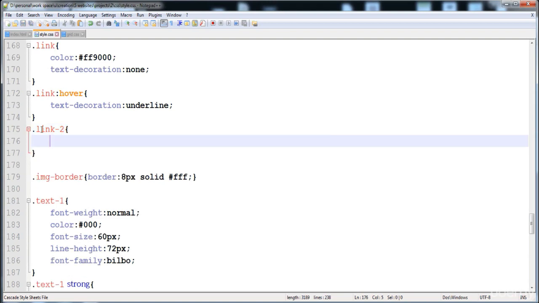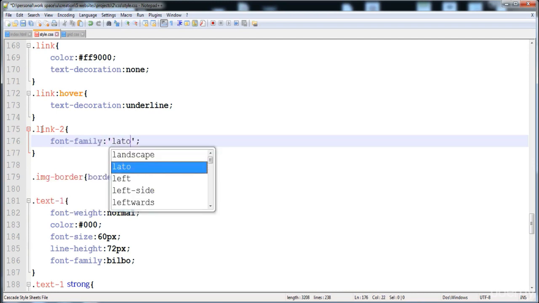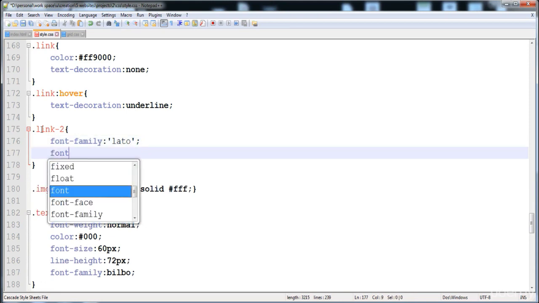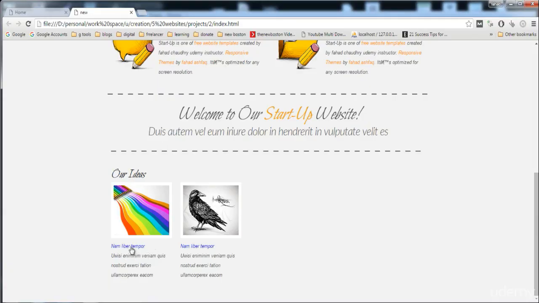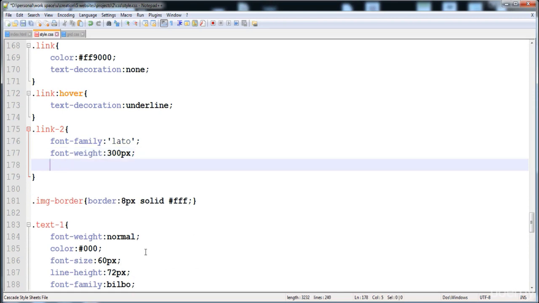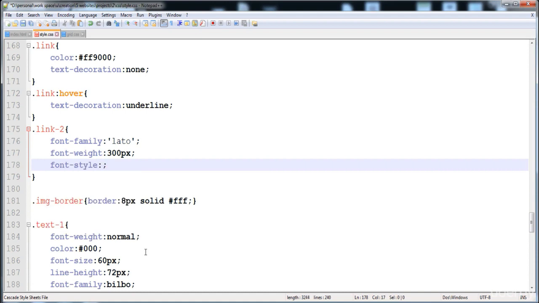First of all, here we have to provide the font family. Font family is Lato. And then here we have to provide the font weight 300 pixel. This style is applying on this link that is here. And now here we have to provide font style is italic,